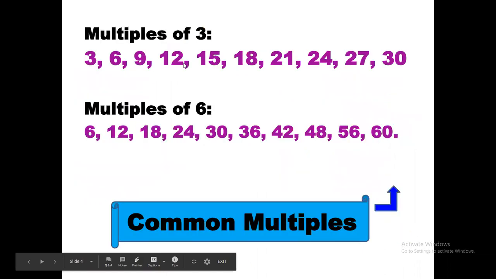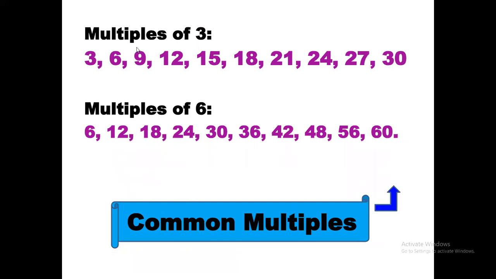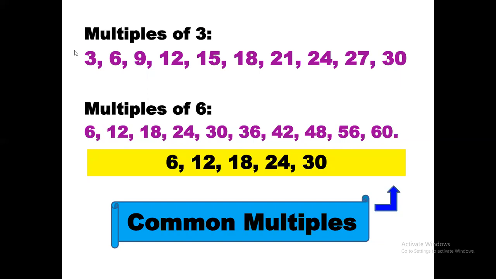Next, you can see I have written an example over here where you have to share the first 10 multiples of 3. So I have written all the first 10 multiples of 3: 3, 6, 9, 12, 15, 18, 21, 24, 27, and 30. Then you have to list the first 10 multiples of 6. I have written the table of 6 till 10. You can notice some of the numbers are present in both of these lists. And what are those? 6 is present in both of them, 12, 18, 24, and 30. These 5 multiples are present in both of the lists.